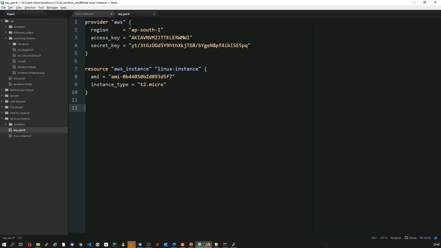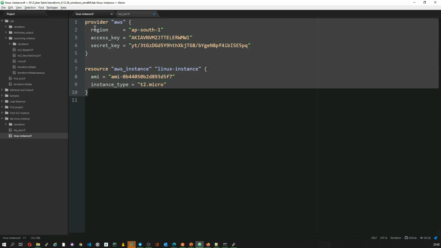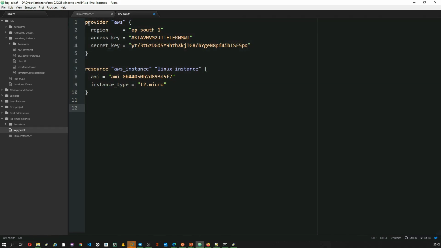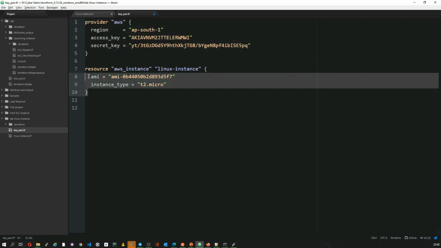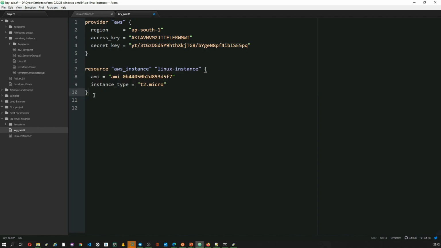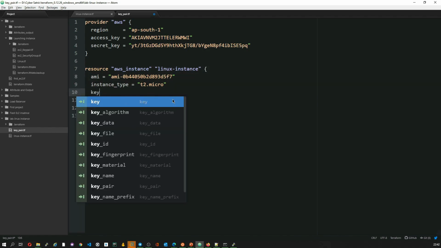So let us do one thing. Let us create a new Linux instance and then associate that key pair with the same. I have already created a new file called key_pair, and I've copied the exact code which we have utilized for spinning up a new instance. I have the required authentication for Terraform to access my AWS, and I have the resource configuration required to spin up a resource.